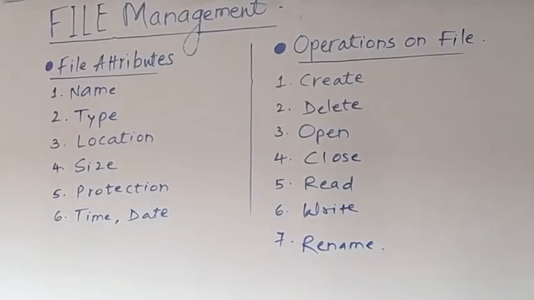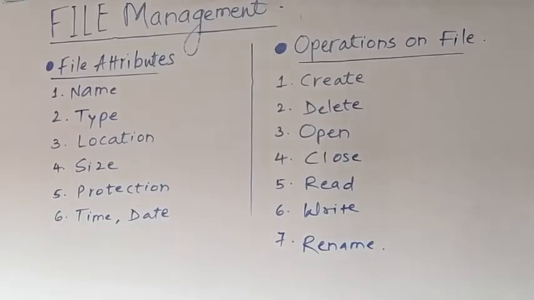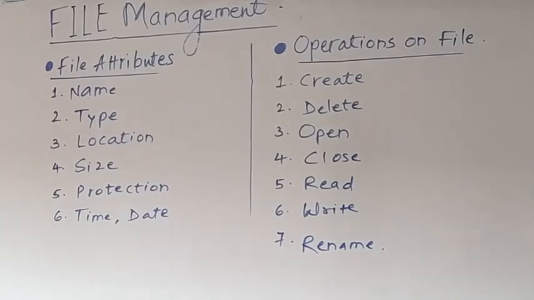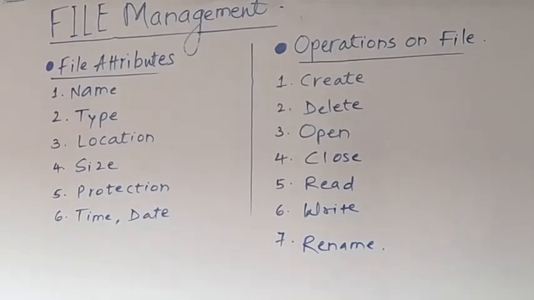Now once the file is available, we can open that file. Here there are some functions, predefined libraries available inside the C language, right? So those functions can be utilized to do all these operations. So open is the operation which is used for opening the file. Now once you have opened the file, you are going to write some contents onto that file. After that you can close that file. So close is another operation that we do on that file.